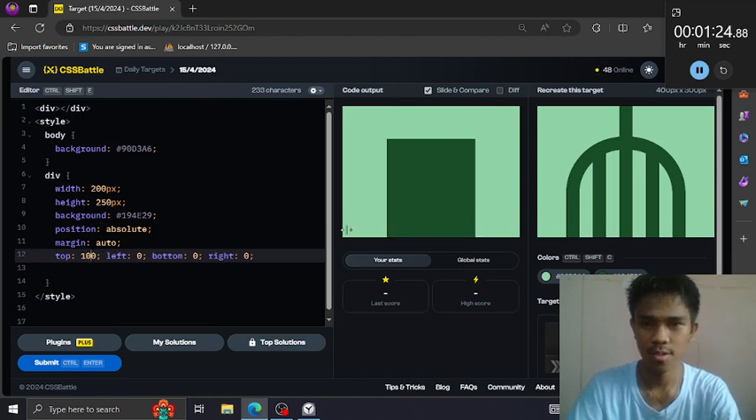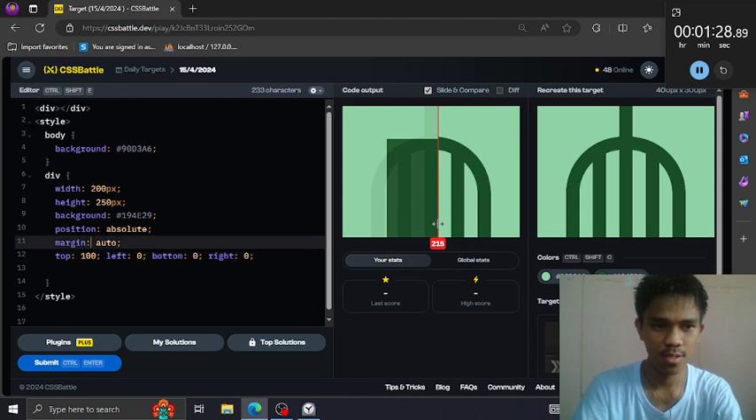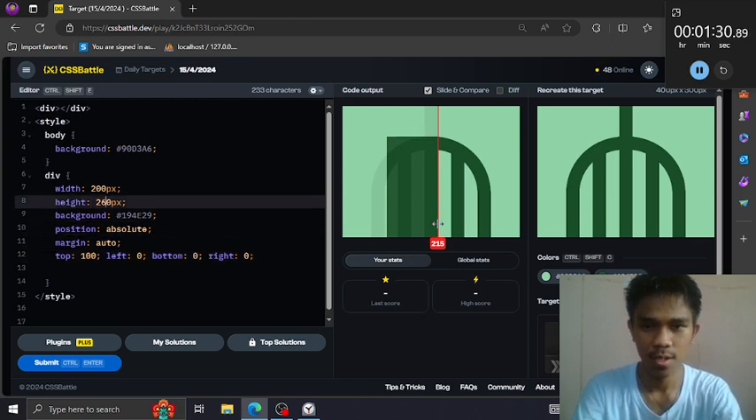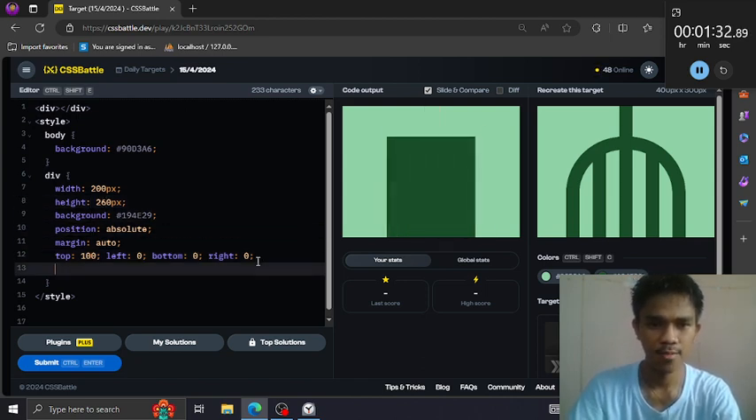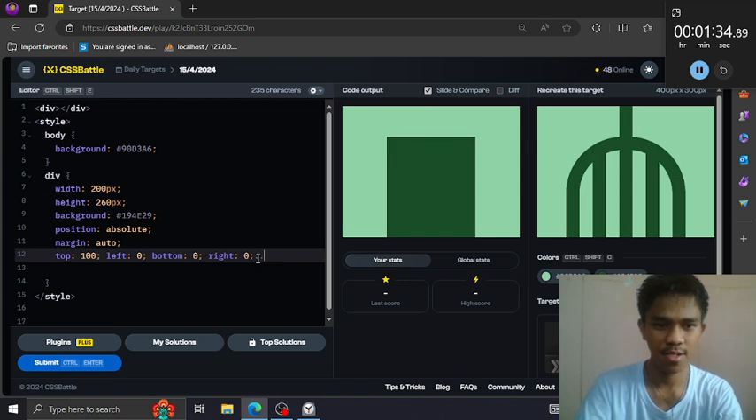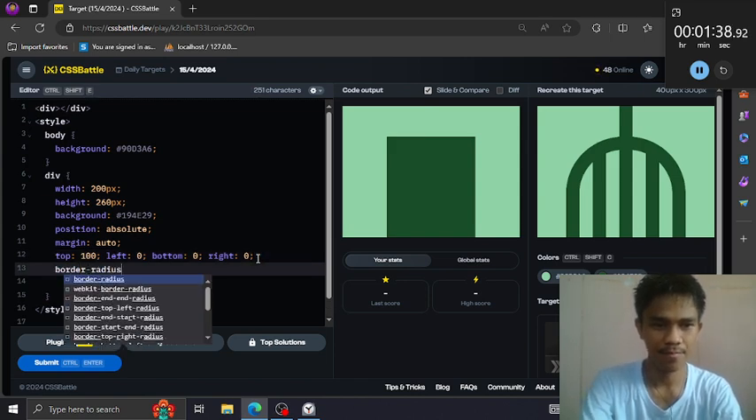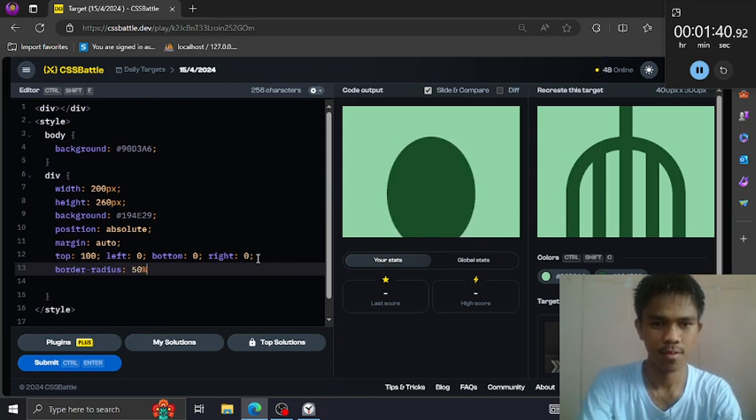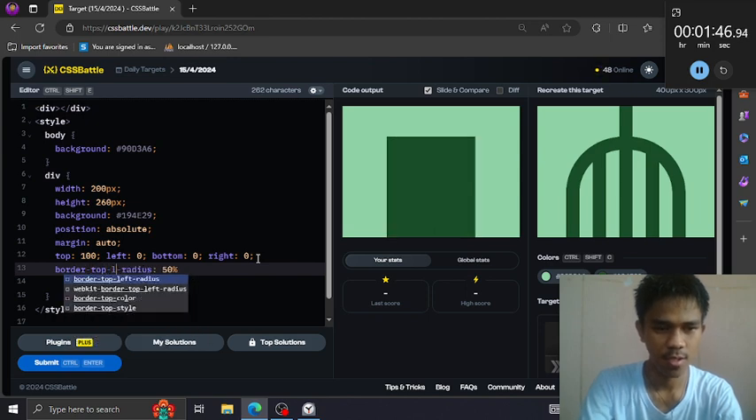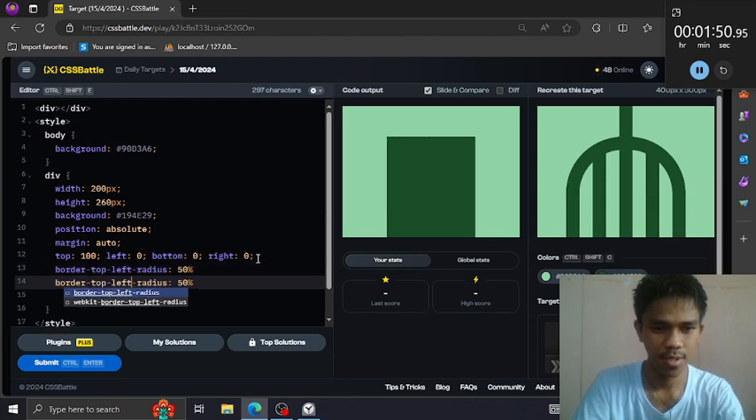Of course, like that isn't enough. Then add the border radius to the top left and the top right. No, this is not it. Border top left, like that. Copy and